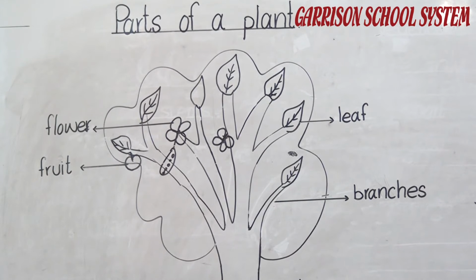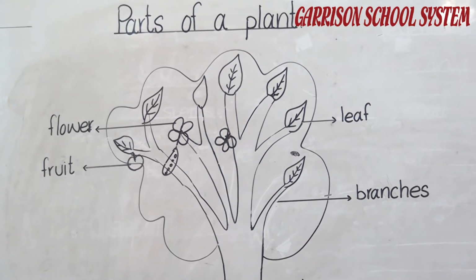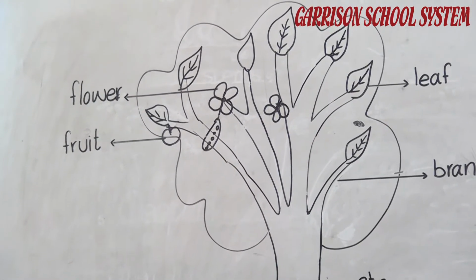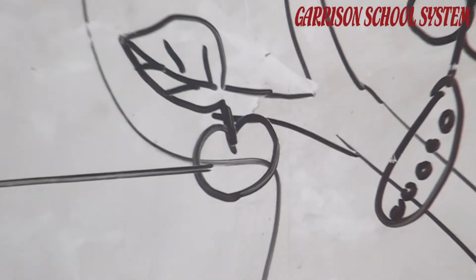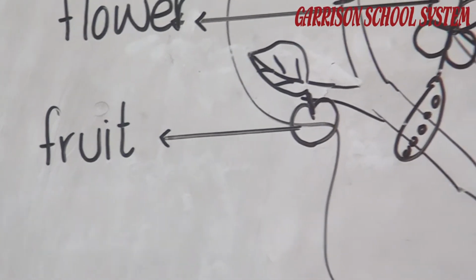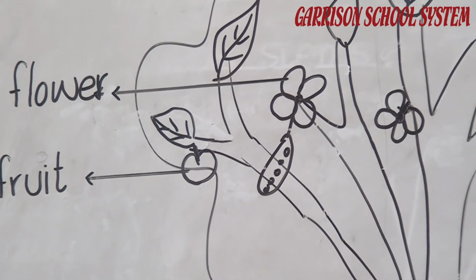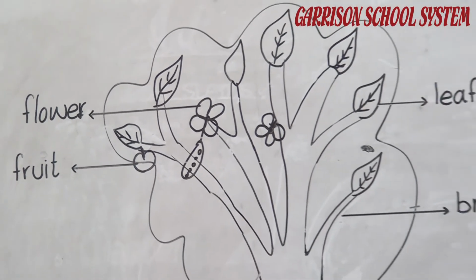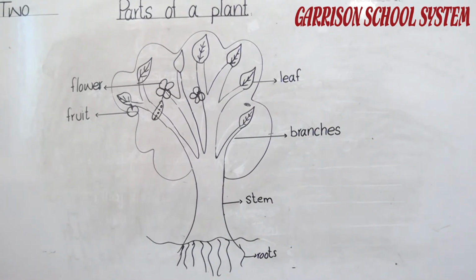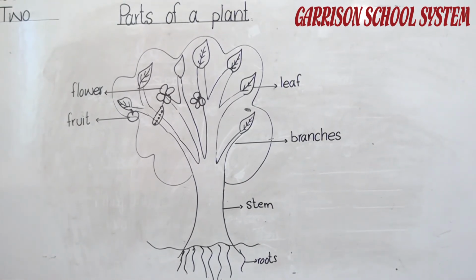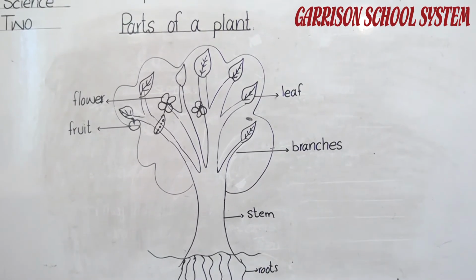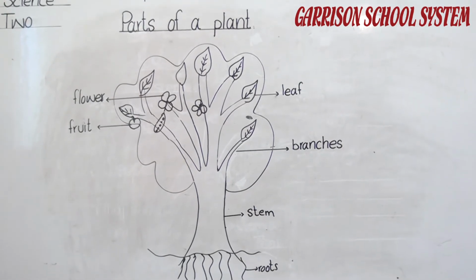The next part is the flower. Flowers are of different colors. Flowers turn into fruits. First flowers come out and then the flowers turn into fruits. What is a fruit? A fruit is a short fleshy part which contains seeds inside it. Seeds produce new plants. Seeds are hidden inside the fruit for their protection, and if we want to grow a new plant, we need that seed. We have to grow that seed in the ground and the plant again starts growing all these parts. These are the different parts of a plant and their work you have read.